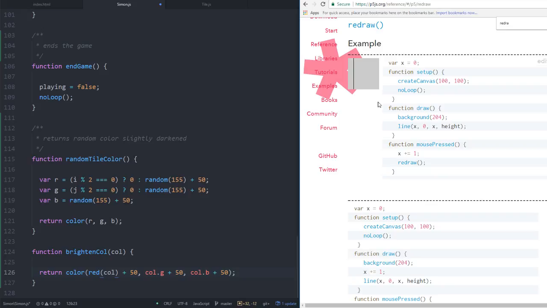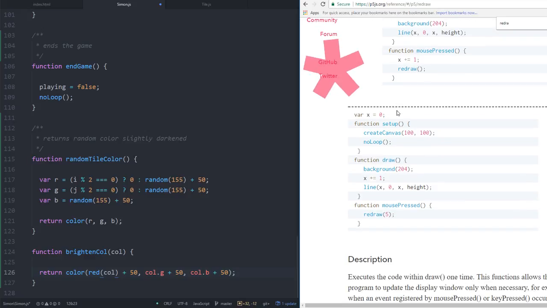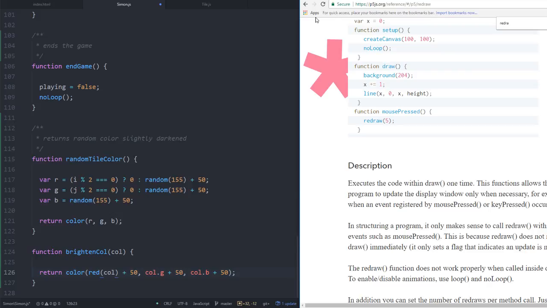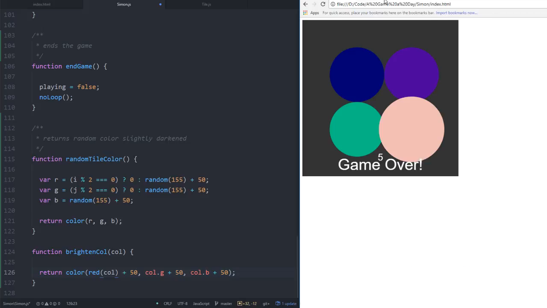So what's up with this? Oh, do we know we have a noLoop? Oh, that's interesting. So we simply loop, I guess. It just calls draw. Redraw. Looks like redraw because I thought it was red. Okay. I don't think we can do that. Okay, cool. That's good to know. That's really good to know. But if we do